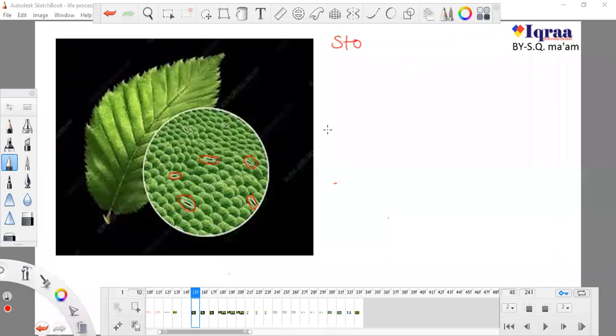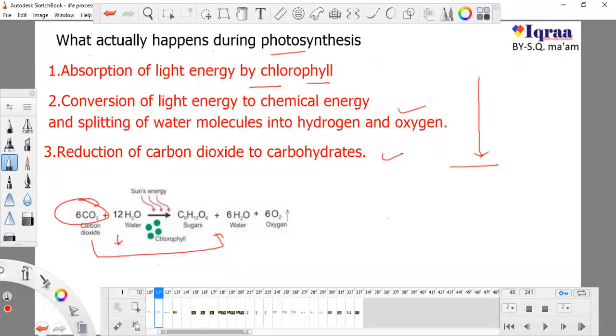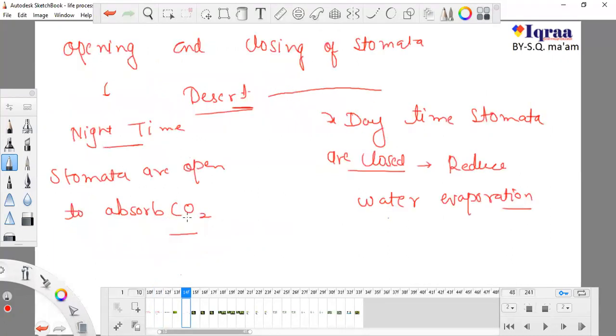These steps should not be followed one by one for desert plants. Read it carefully: it is not important for desert plants. Generally other plants follow the same steps. It is also possible that the steps are not followed one by one, but generally plants follow this. But for desert plants there is no limitation; they can go with any step first, but the most common step is the absorption of CO2.